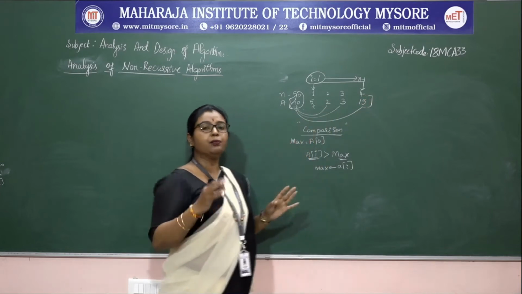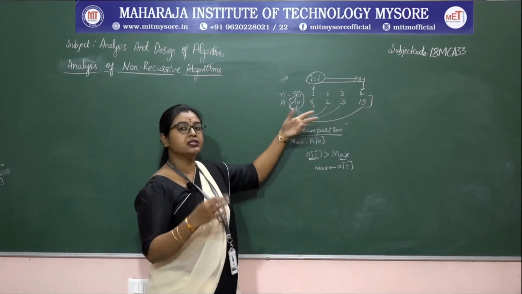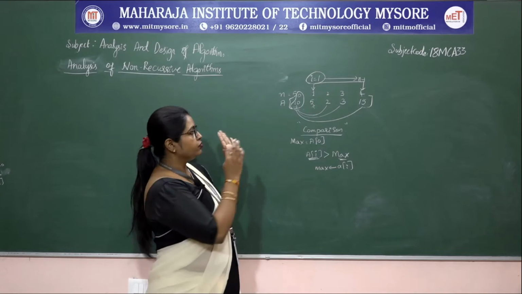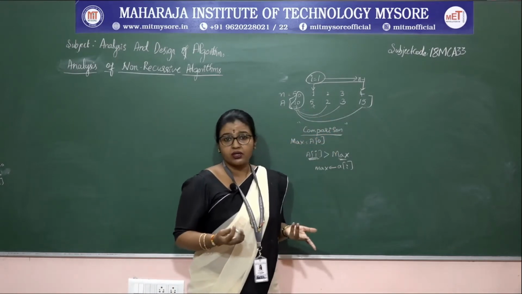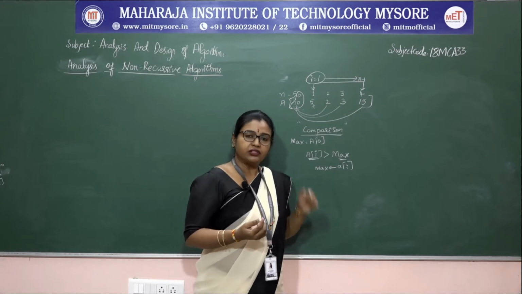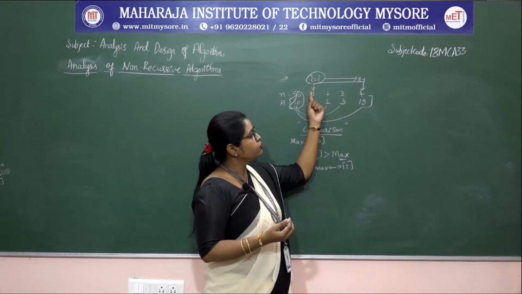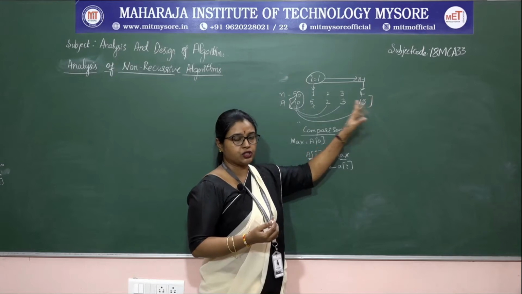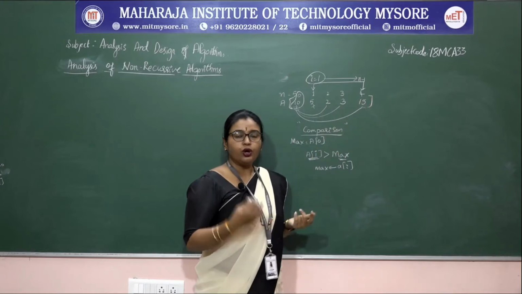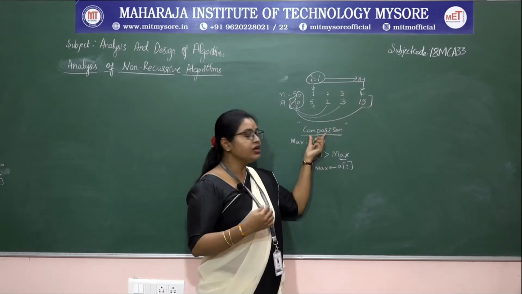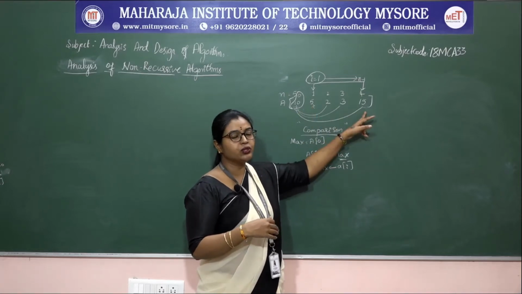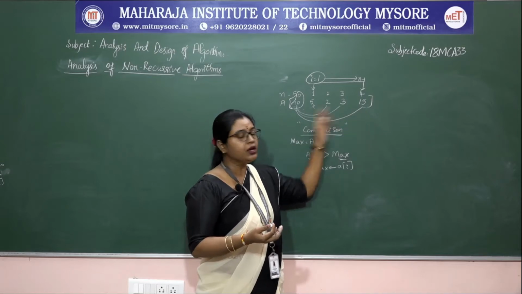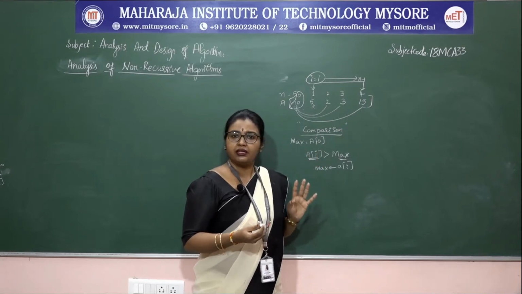Why? Because we can't predict where the largest element actually is. Of course, if you look at this, we can say it is at the last position, but the computer doesn't know about this, right? So for that we need to go from the 1st to the 4th position, that means the last position. So your basic operation is what? Comparison. Start from the first position and end with the last position. So all the comparisons will be done.